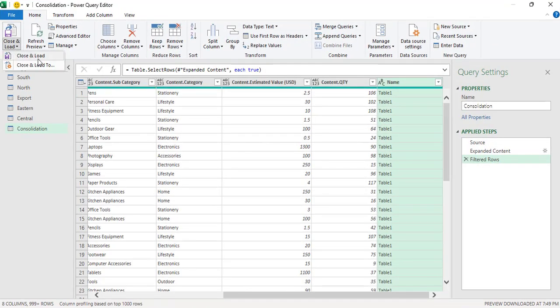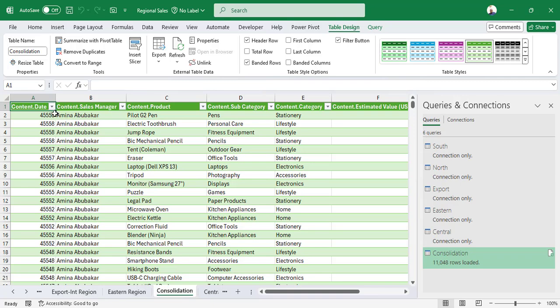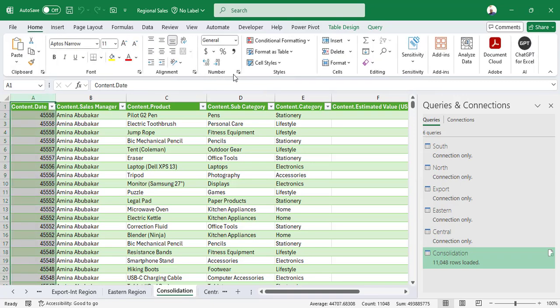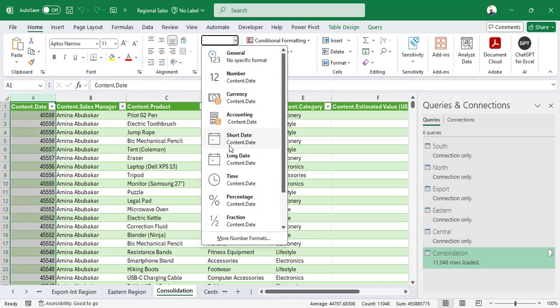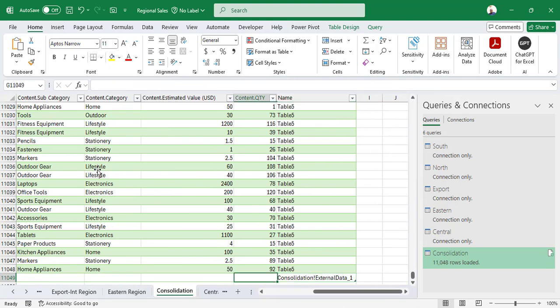Now you close and load. I'm not going to load as a connection this time round, but close this and load as Excel sheets. So I'll get all that data, change this into just a table like that, and you can see my data has been consolidated and I have